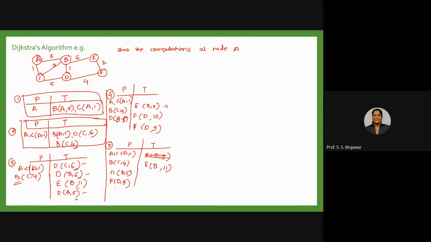Okay, now to this F, we have the connections D, E only. So D is already visited, E is only remaining. So I can make the entry as it is here, or if I have any other option, because we are considering that another path also. So let us check whether we can reach E through F by any other path. We have only this path, right?